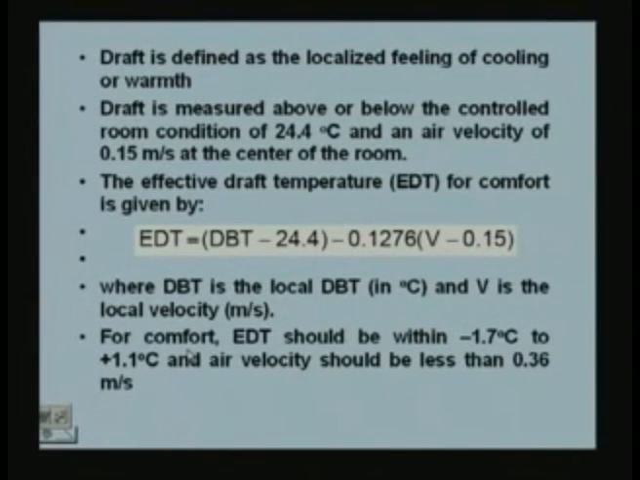Draft is defined as a localized feeling of cooling or warmth. Draft is measured above or below the control room condition of 24.4 degree centigrade and an air velocity of 0.15 meter per second at the center of the room. The effective draft temperature